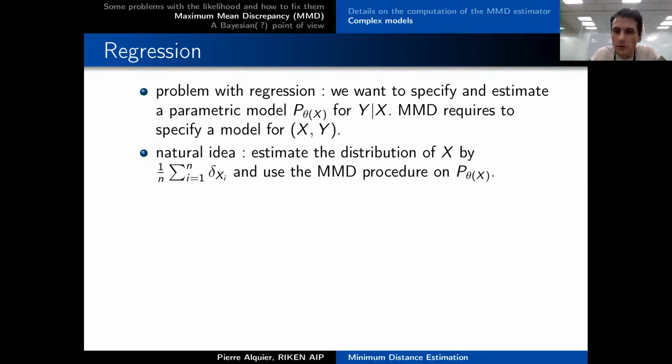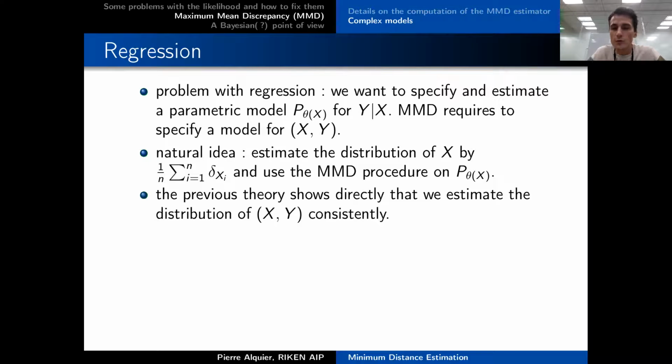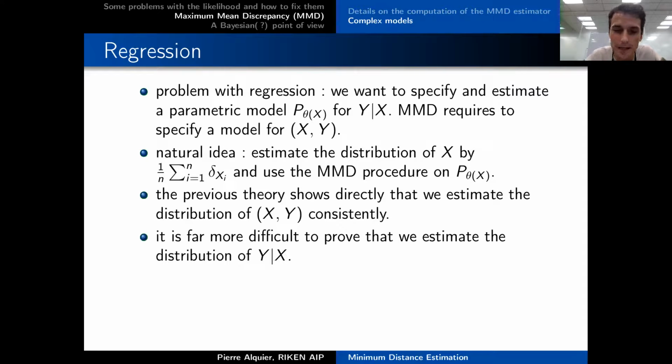It turns out that if you do this and you use the previous theory, what you can show immediately is that you estimate the distribution of the pair X and Y consistently, but it does not correspond to the regression objective. If you want to switch to the more usual things we want to say about regression, that we estimate correctly the distribution of Y given X, then it becomes more difficult. And at that time, the beautiful no-assumptions-at-all result collapses,